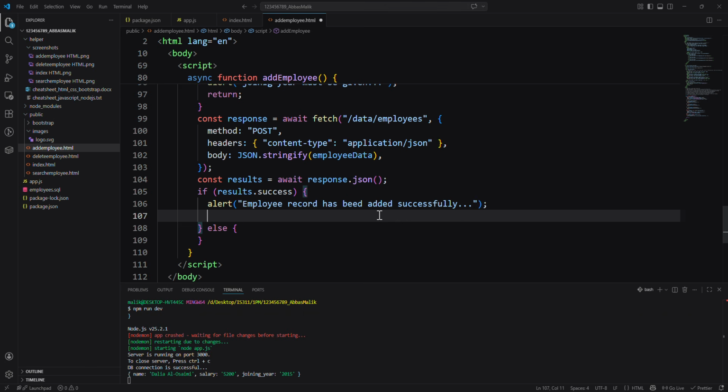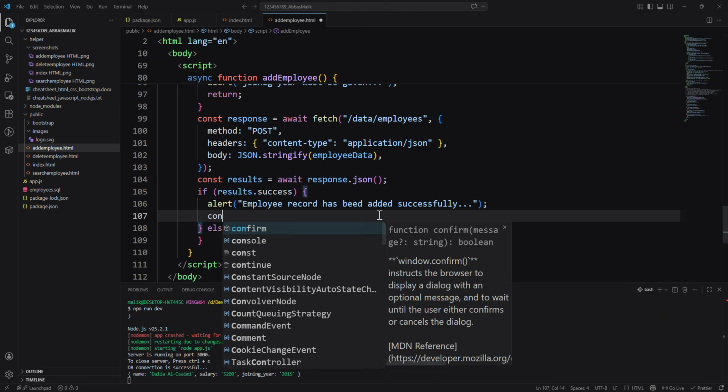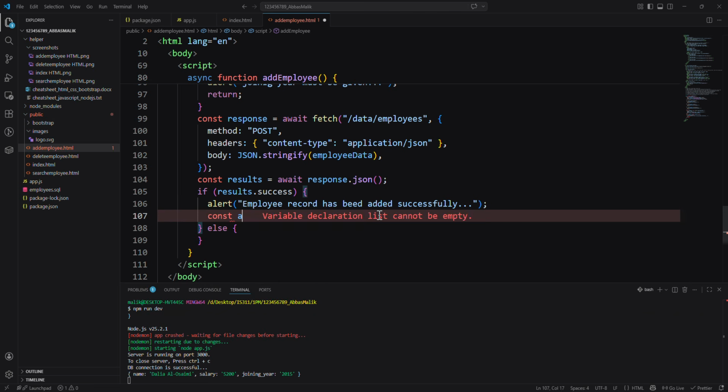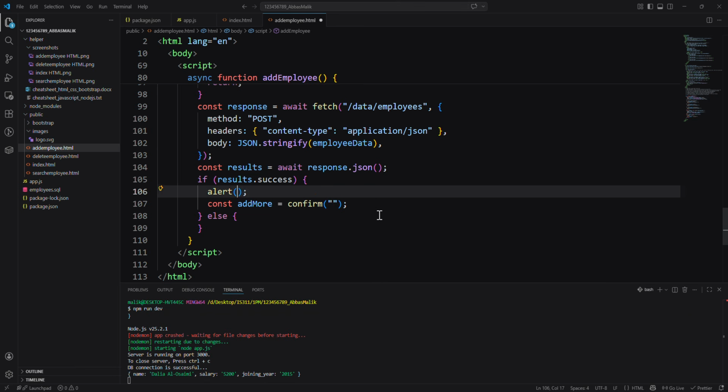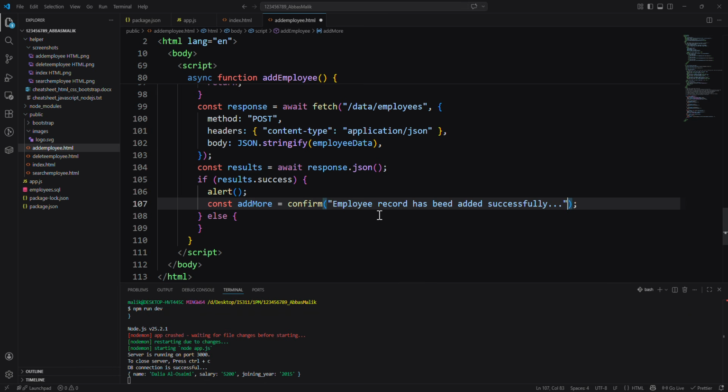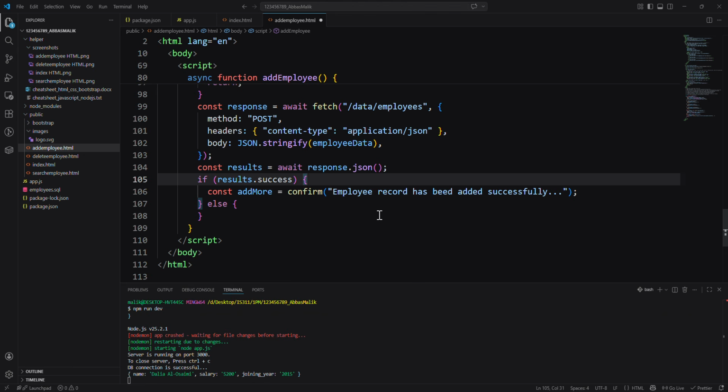And then once we do that, at the end, once we have finished, then we can say let's confirm. So we can say constant add more is equal to confirm, and then we want to show a message here. Let me take this one from here, Control X, and then I put it here. I don't need this one. And then I say